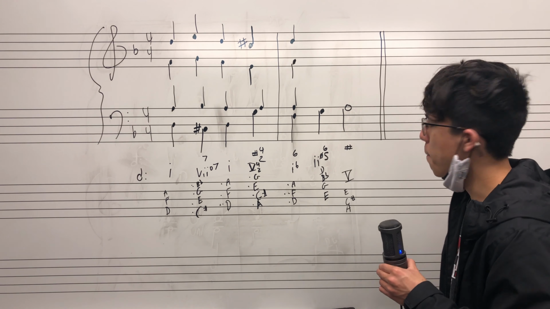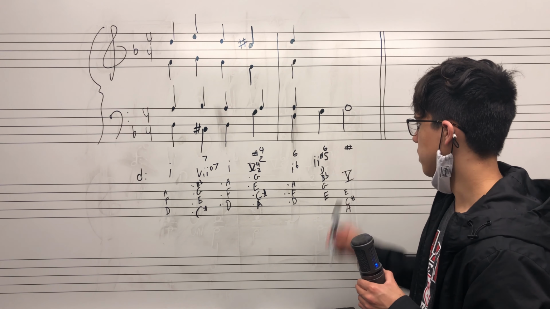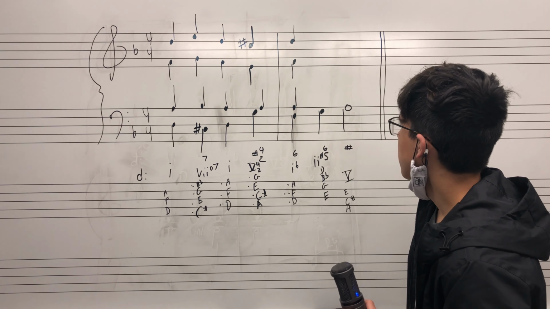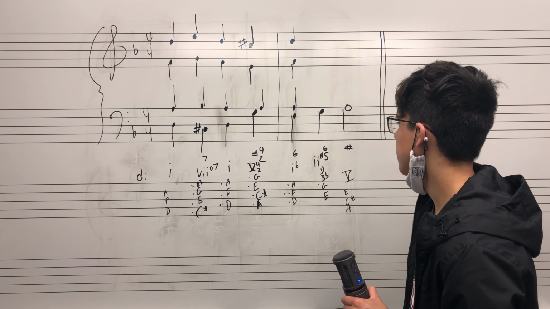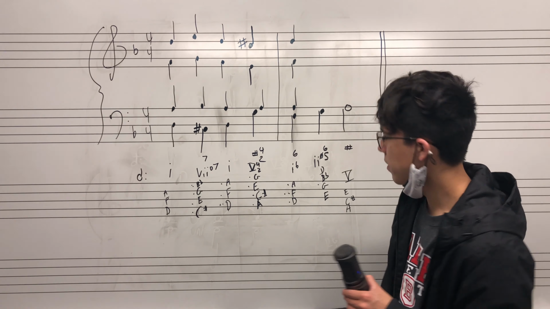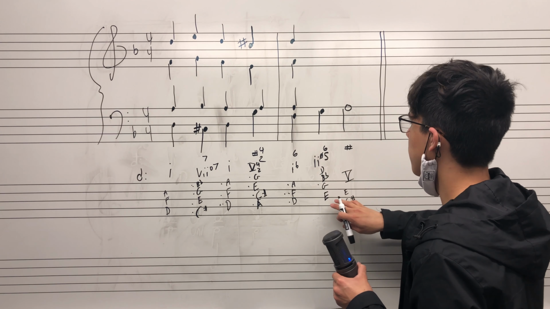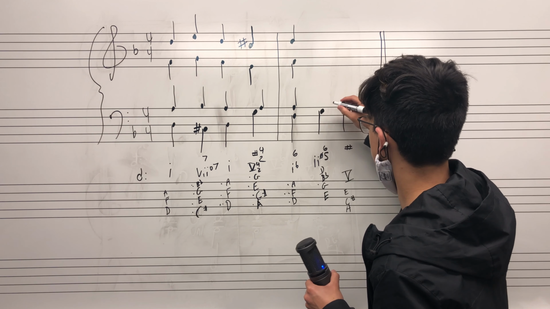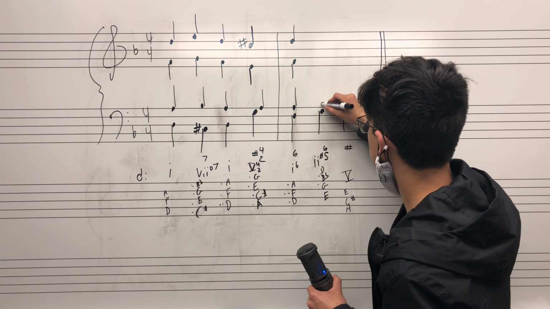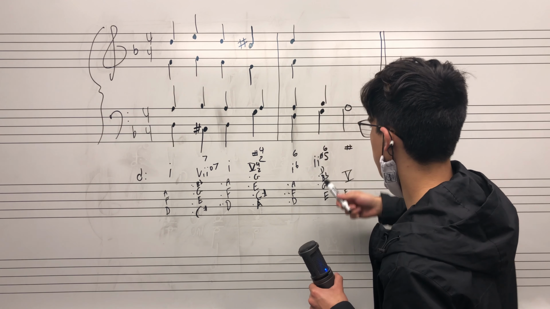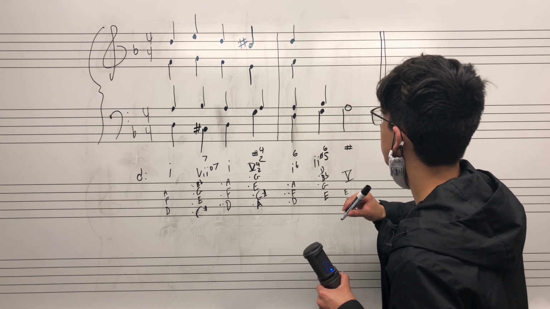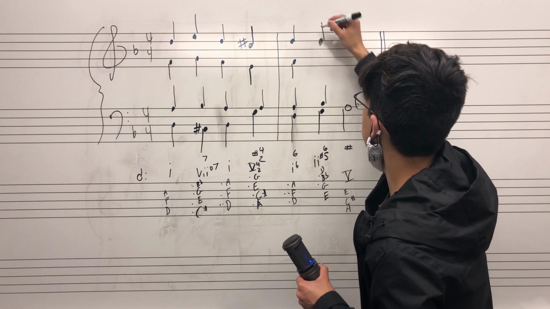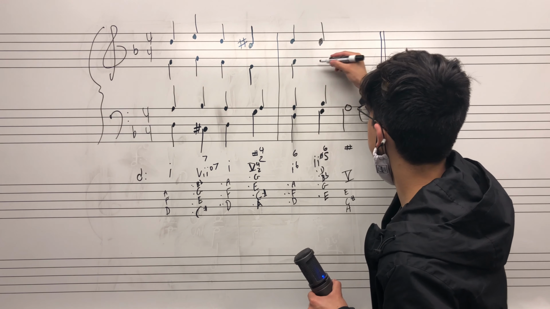Awesome, we're almost done. So we have E, G sharp, B, D, which is 2 half diminished 6/5. Okay, so we have a G already. We can't double anything because it's a 7th chord. So we're gonna have all of our chord tones here. Okay, you know what I'm gonna do? I am going to put the B flat in the tenor because that is nice and stepwise. And we have a D and an E left. And the natural progression would be to keep the D as a common tone there, and then E would be our